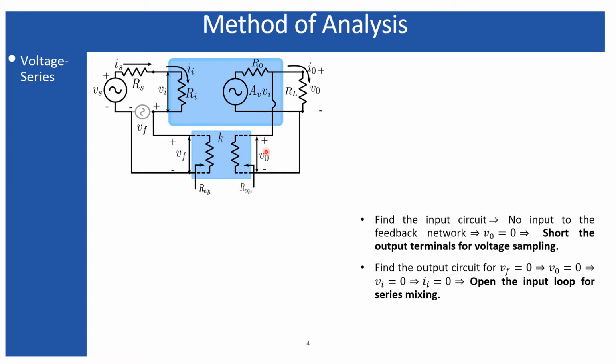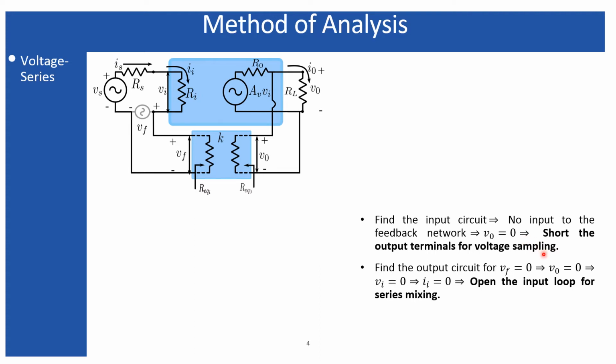So making V naught equal to 0 is simple. You can easily make a short circuit across the output terminals, so that will make V naught equal to 0, because the voltage drop across a short circuit is always 0. So in this way, when you are going to analyze any feedback network which is sampling an output voltage,